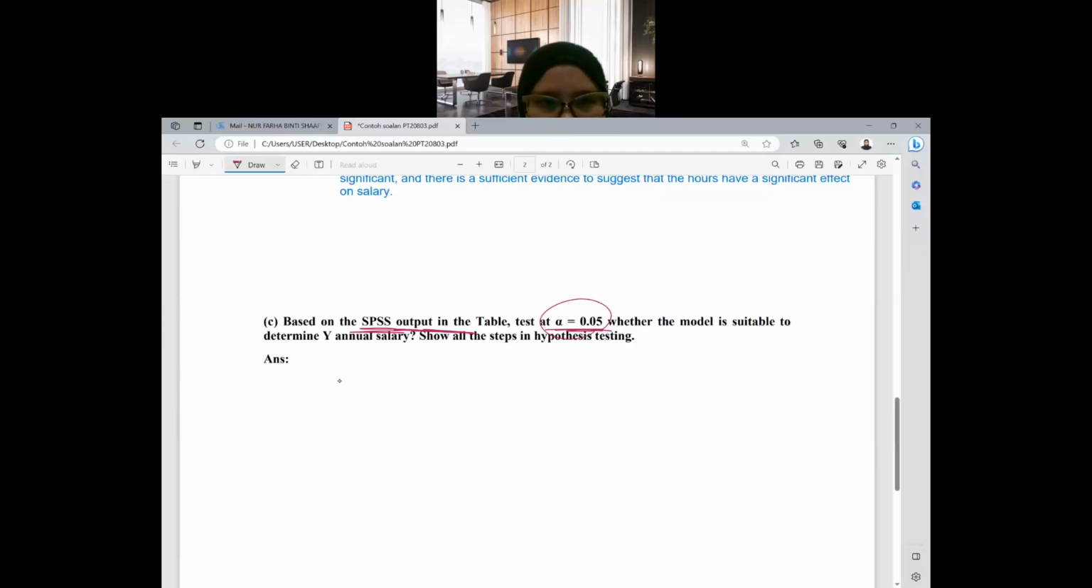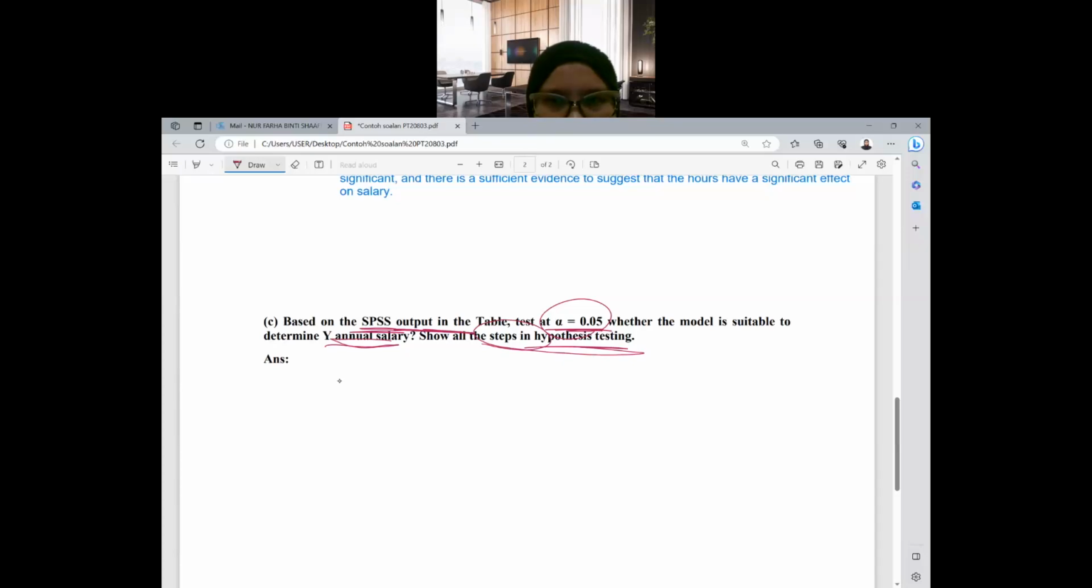So whether the model is suitable to determine the annual salary. They are asking you whether, if you use the linear regression test at alpha 0.05, the model is suitable or not to determine the salary. Whether yes or no, you need to show all the steps in hypothesis testing, meaning from the very beginning that you state the hypothesis until you decide